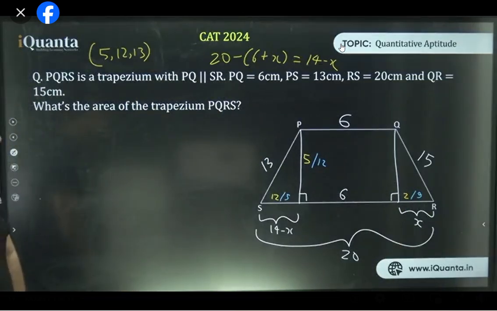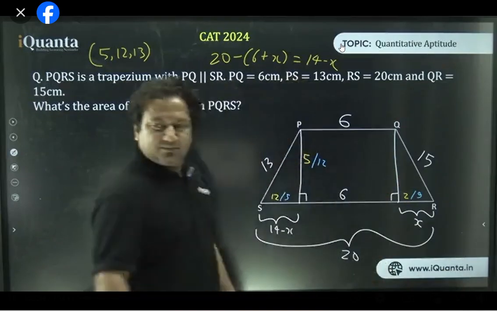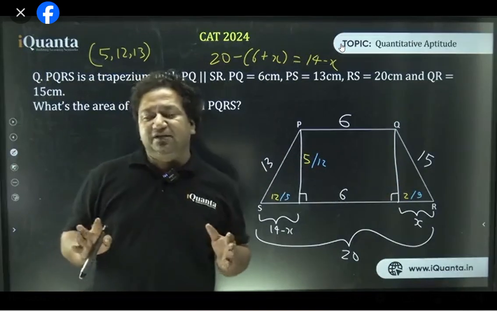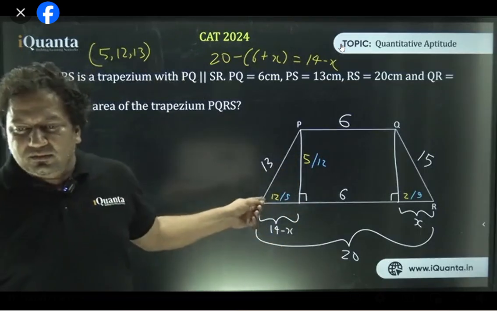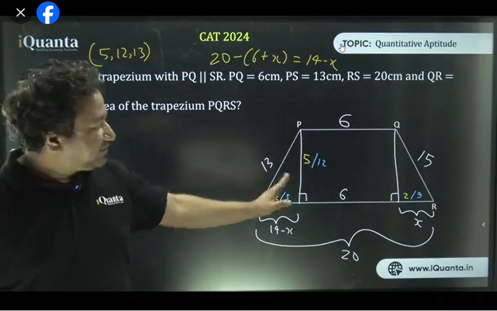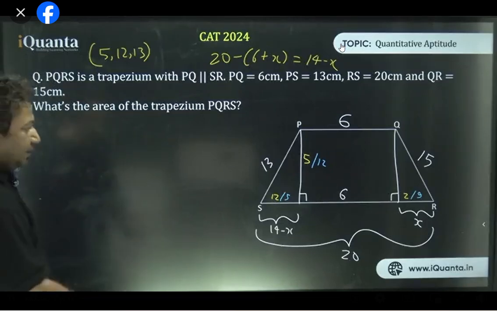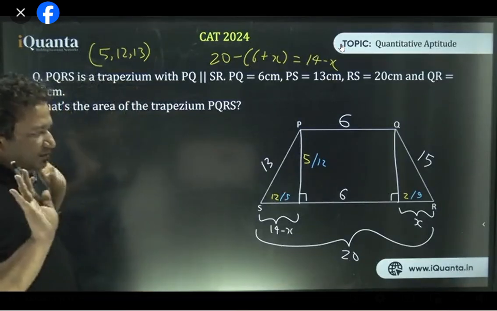Kirti, we cannot do 20 minus 6 by 2 because we do not know whether this is an isosceles trapezium. Okay? Kirti, earlier we did that because in that question it was an isosceles trapezium. But because you don't know here whether it's isosceles or not, that's why we cannot take the half. Okay, Kirti, I hope it's clear. Well, this is cool to all of you. Perfect.